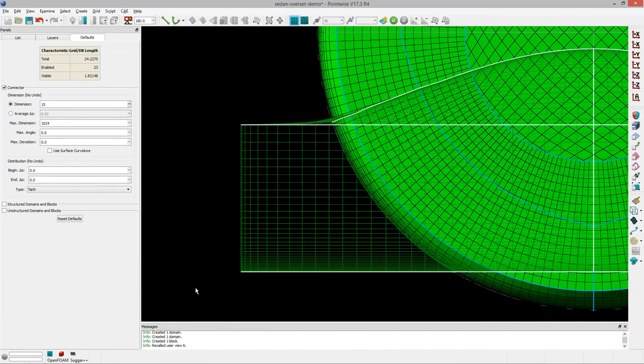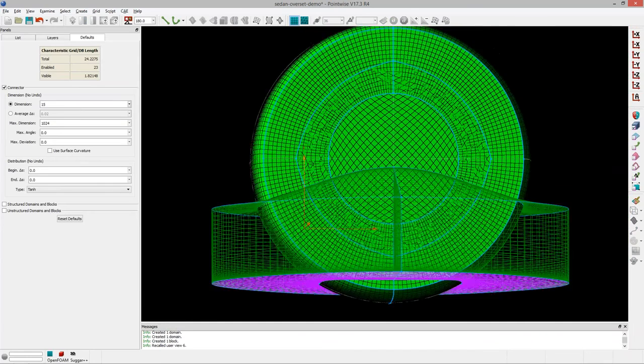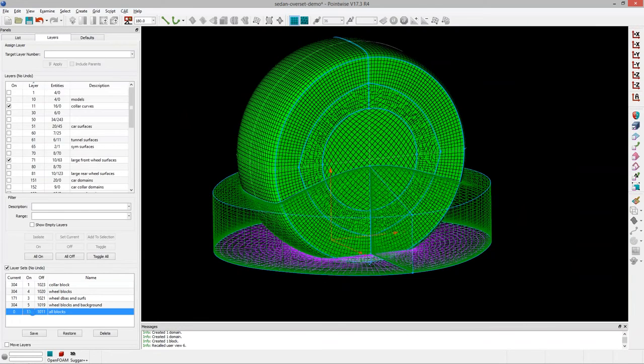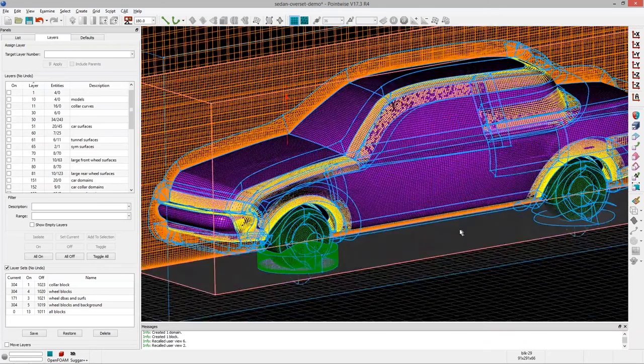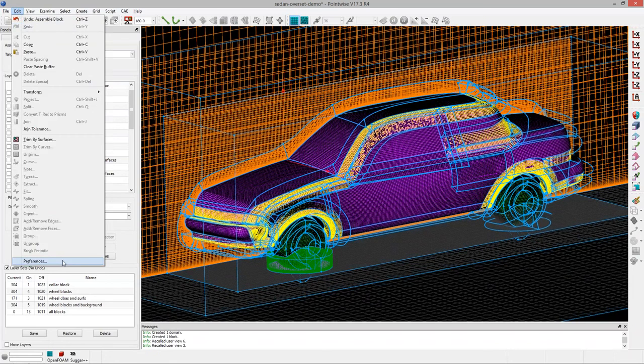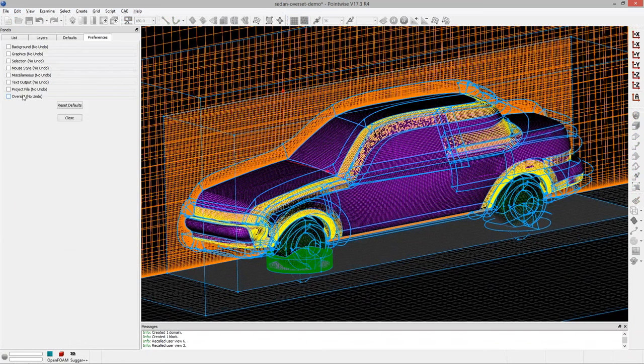Okay. All right, so that's how you can go ahead and assemble a collar block. Now what I'm going to do is add it into the Overset grid assembly. But before I do that, we need to talk a little bit about how to set up your Overset environment. So the first thing you would want to do is go to Edit, Preferences, and in the Overset